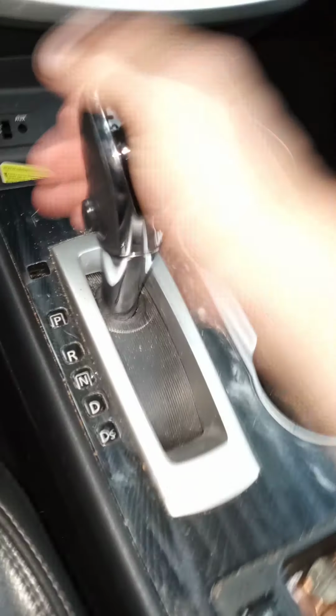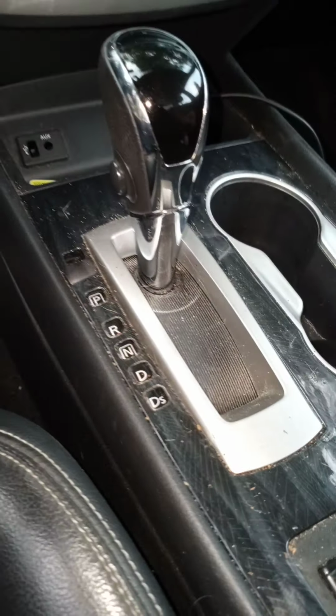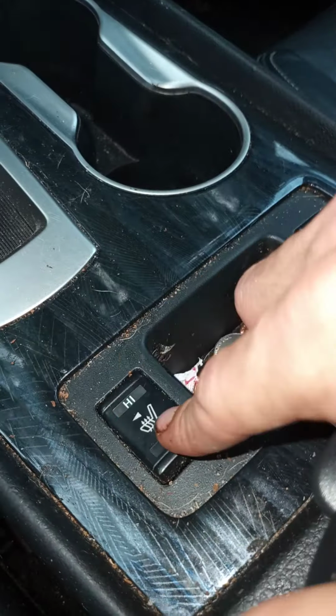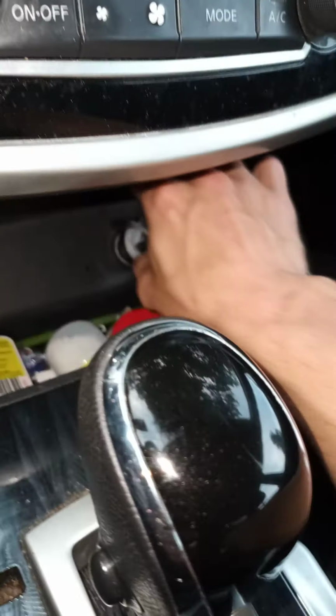As you can see, basic 4-speed automatic. You got your park, reverse, neutral, drive, and drive sport mode. Your cup holders and all. As you can see, it's got heated seats, high and low, on driver and passenger side. You got your little auxiliary ports here, but they've fallen down in here. You got your basic cigarette lighter for your phone charger, and